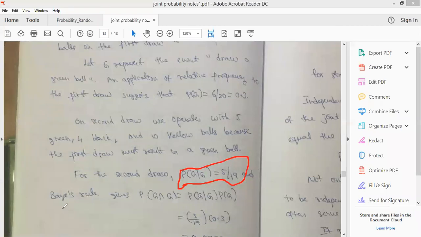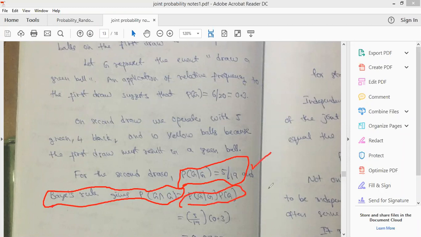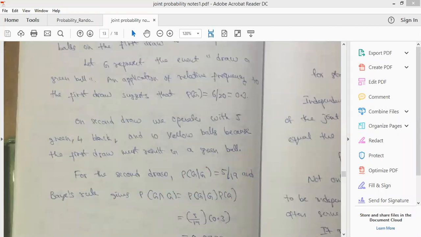Okay. Now we use Bayes theorem to find the probability of drawing 2 balls without replacing, given as probability of green ball, given that a green ball is already drawn, into probability of green ball. Okay, so this is the formula. Otherwise, what you people will usually do is wind up the problem here itself, but it is a continuation, so we have to use Bayes theorem here. Bayes theorem says that drawing two green balls without replacement is given as probability of drawing a green ball, assuming that a green ball is drawn already, into probability of green ball.